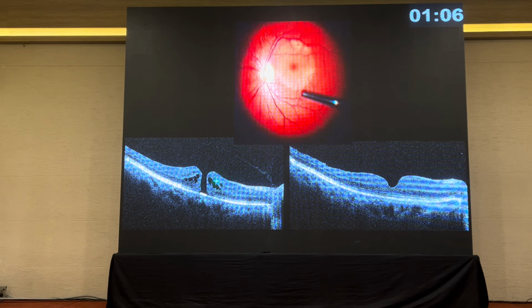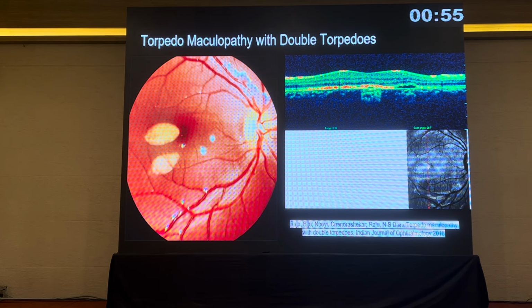We can also follow up cases after surgery to look, in macular hole, at the closure, whether the closure is adequate. This is a type 1 closure with a good recovery of the outer bands of the retina. Now some interesting cases, this is a torpedo maculopathy. Double torpedo is one of the rarest cases. A double torpedo here has a characteristic type 1 OCT picture here, and a type 2. The second torpedo has a type 2 kind of appearance. So both types of OCT picture are seen in this patient.